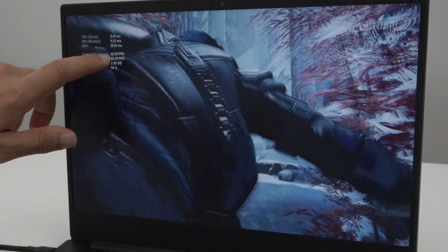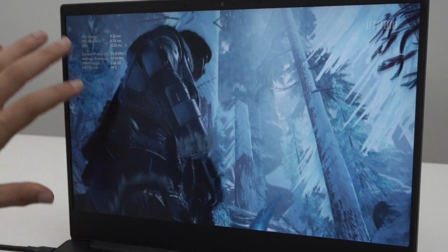Yeah, I played games on this beast. I was playing Gears of War. You can see right there, 60 frames a second, ultra on the Nvidia graphics. Yeah, you can play games on it. I can even turn off the graphics. I turned off Nvidia graphics, running on the 10th generation standard chip, and it ran Gears of War